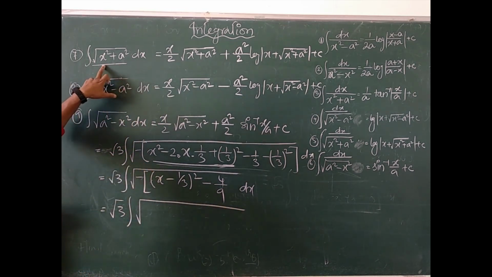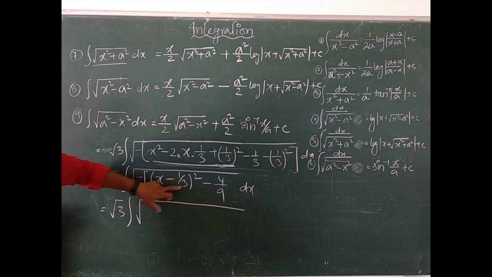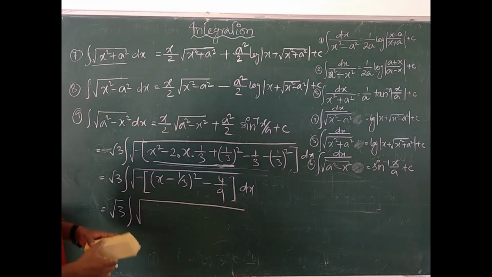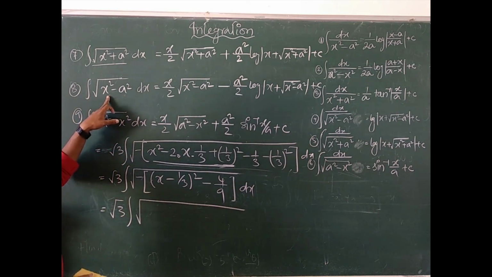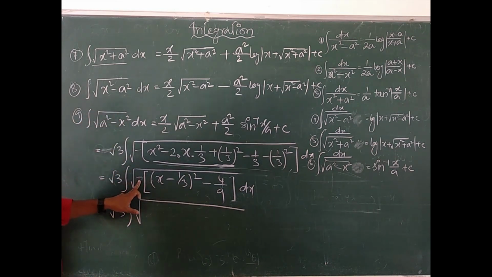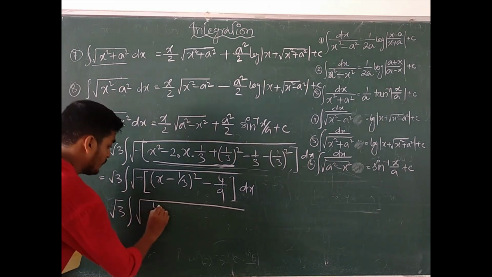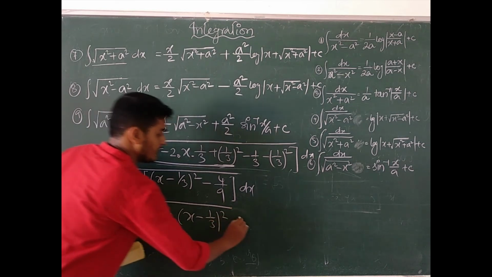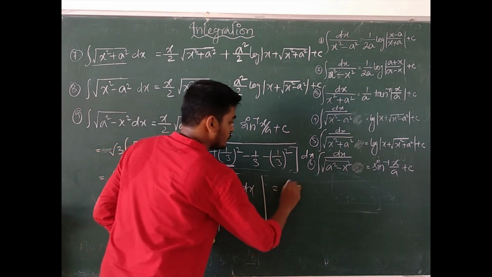Initially, many different formulas are there, remember both the terms should be in square form, then you can apply the formula. So x minus 1/3 whole square and 4/9 means 2/3 whole square. A constant quantity we consider as a, and the x term we consider as x. So this one, x square minus a square, bracket is here. Think about this one formula, but remember what is there here, minus. So multiply, 4/9 minus x minus 1/3 whole square dx, or you can write down root 3